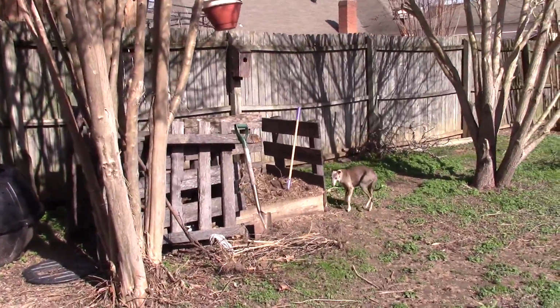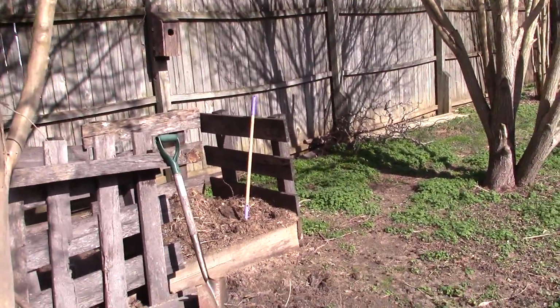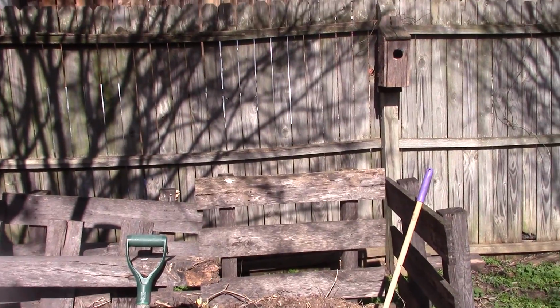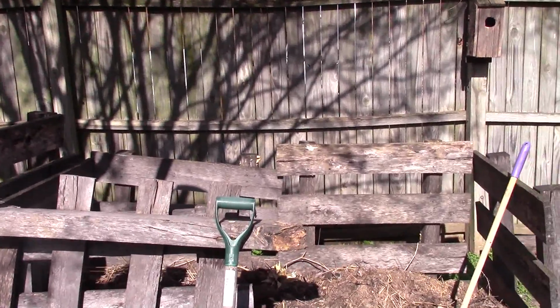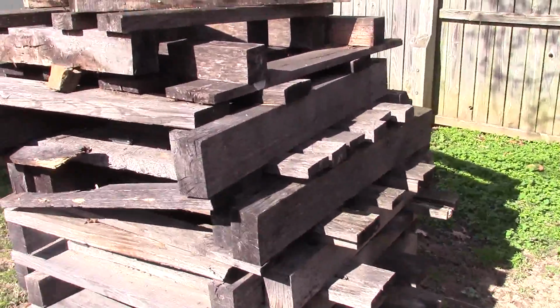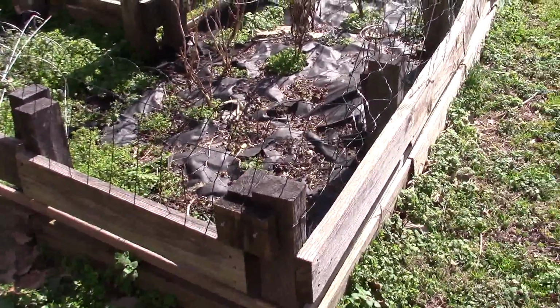Look at the dogs getting in there. Get out of there. We haven't closed it back up. But it's just 2 pallets wide, 1 pallet deep. And we have them sort of balancing on each other, and we work it as we add things to it. Here's a leftover pile. This is what I meant by the heavy duty pallets. This is before they're cut down. See how thick? And so those are the pallets halved and turned right side up to where they're flat on